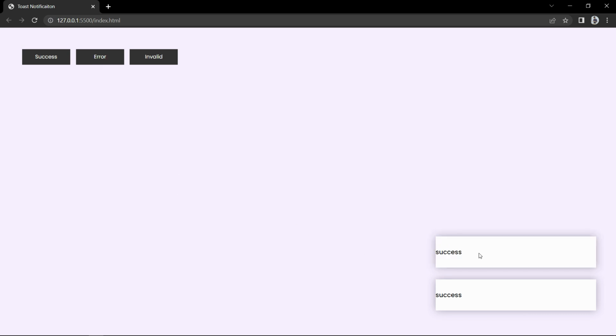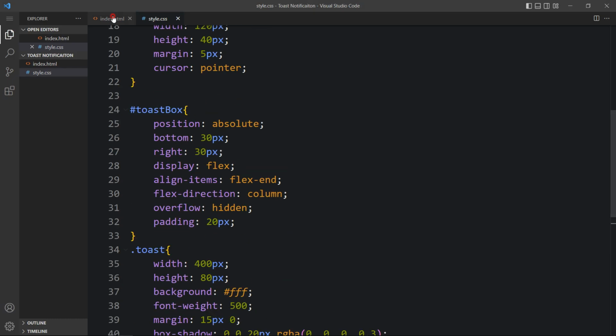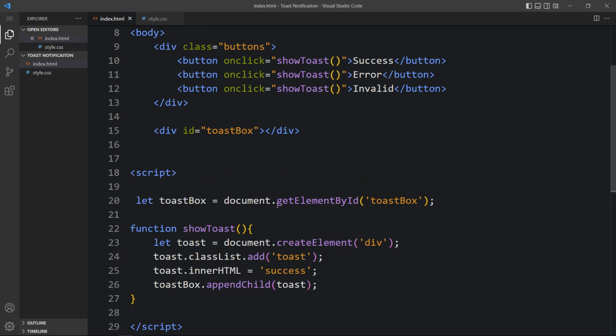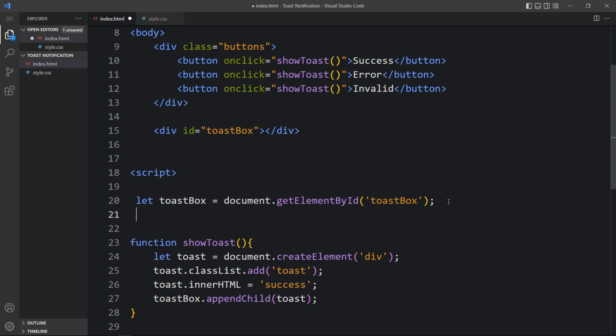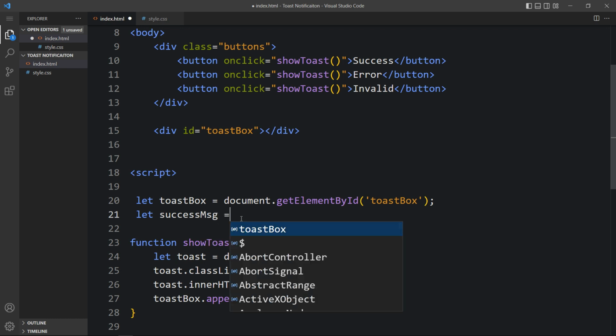So we have to update this text, it should display success, error or invalid like that, and we will add one icon also. For that let's come back to the HTML file, and instead of this success message we have to add the content. When we click on these three buttons we will add different content here. So here we will add another variable, let successMessage equal to